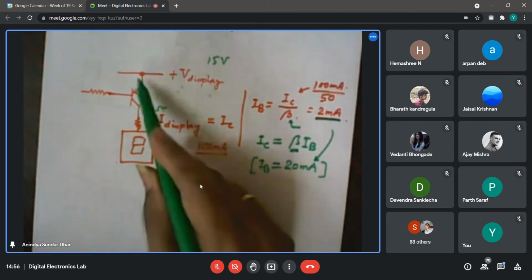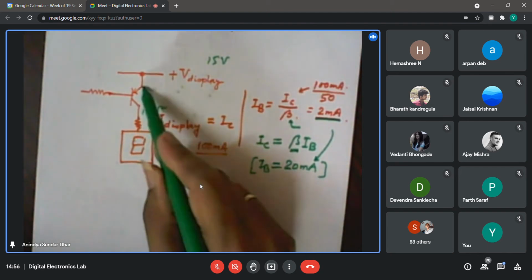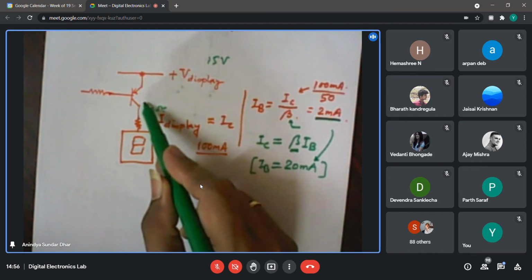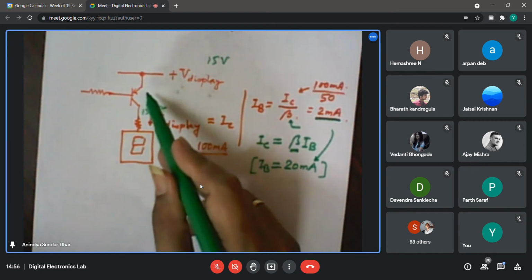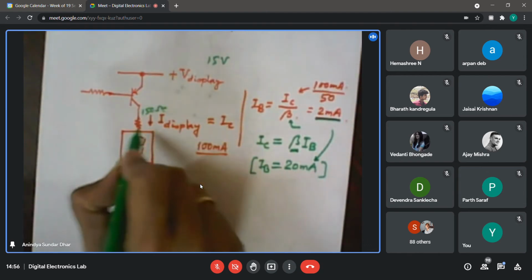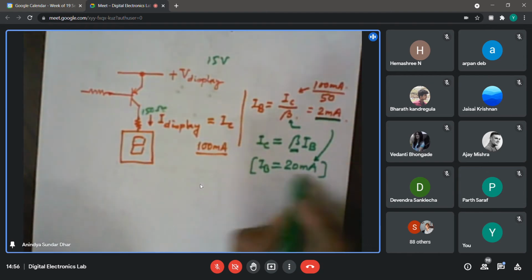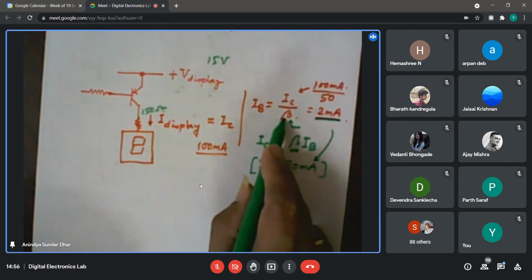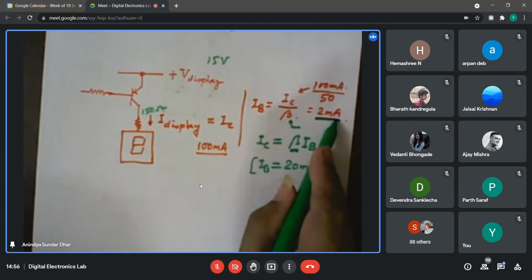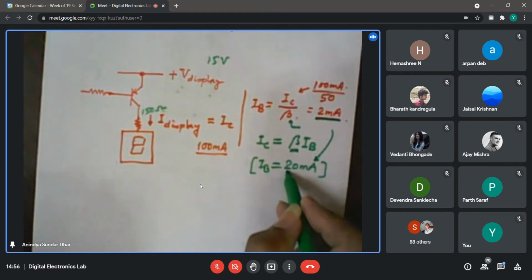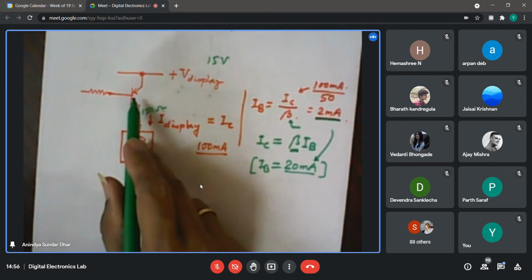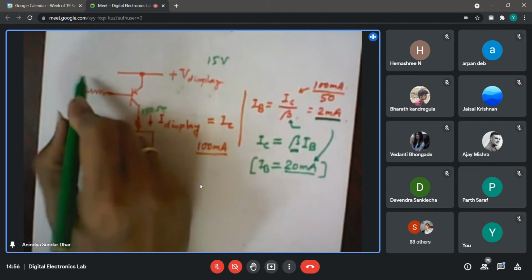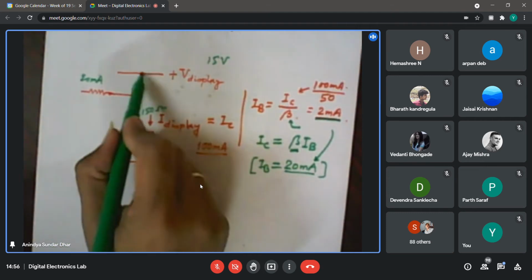Okay, so I know that current will be limited by this resistor, and this voltage cannot go negative, certainly can go very close to 0, maybe 0.2 volt, 0.3 volt. So in that case, I know that the current will be 100 milliampere. So if I increase the base current beyond that calculated value, when it is just coming from the active region to the saturation mode, 2 milliampere is the minimum current required, which may not guarantee to keep it in saturation. I may give some 10 times, 5 times, depending on other factors, like at what temperature, and there might be beta variation of the transistors also for other reasons. So maybe I choose 20 milliampere of current.